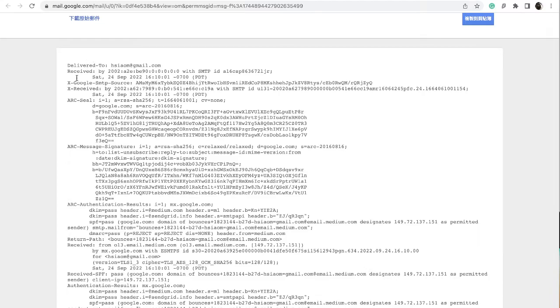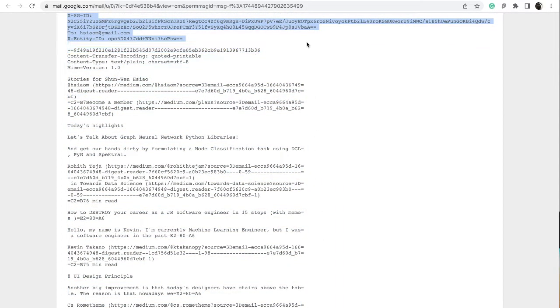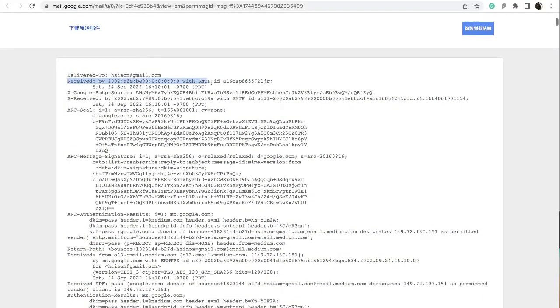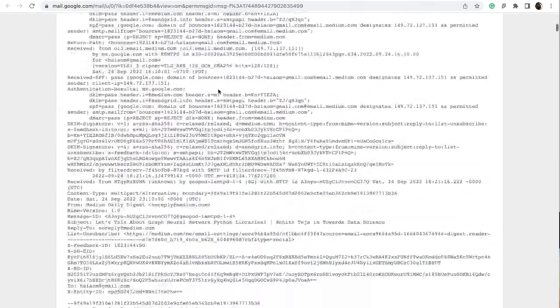Okay, so as we mentioned before, there should be some headers. So those are headers, I think it ends right here. Those blue texts, they are headers of RFC 2822. Okay, of course there are too many headers, but there are some important headers. For example, when this message has been sent or received,